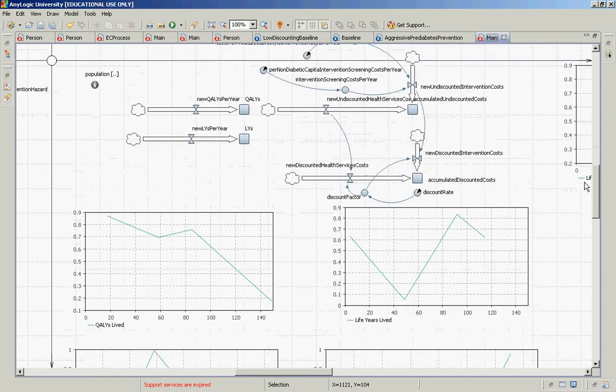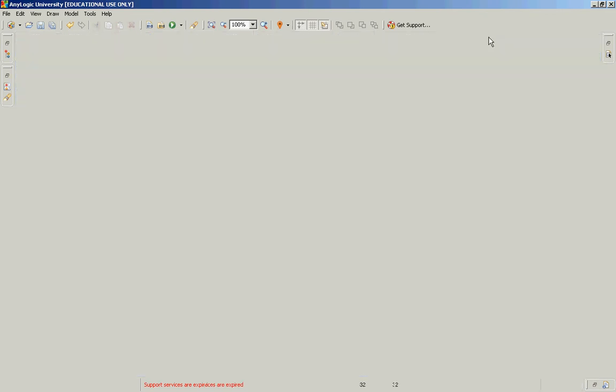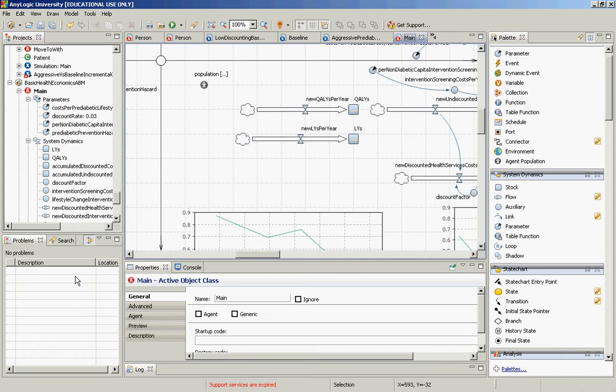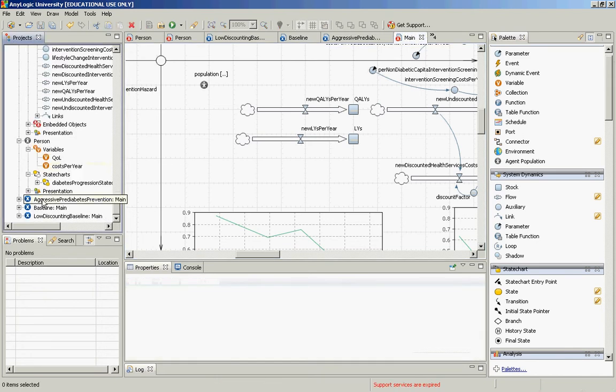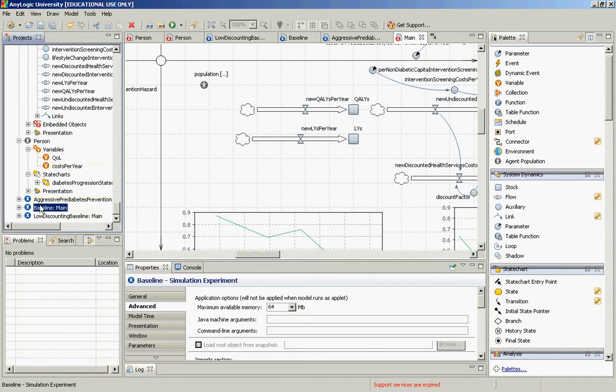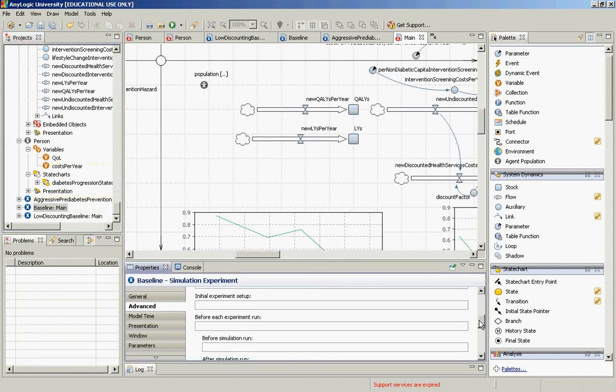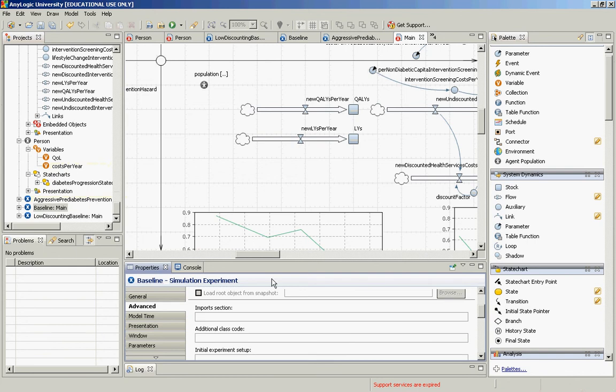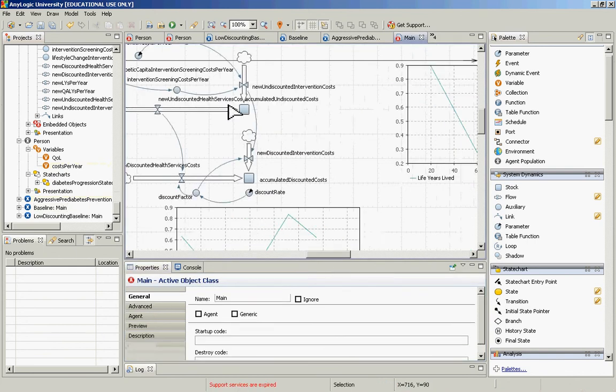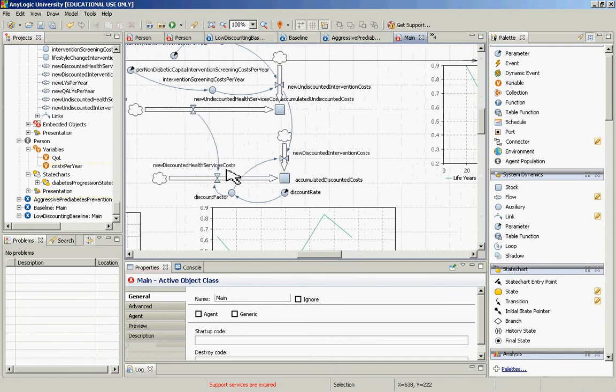So we have this model which computed quality adjusted life years lived, cumulative undiscounted costs, and cumulative discounted costs for given scenarios. And we could run this model with several scenarios, for example, a baseline scenario. I should have mentioned that within these costs, we considered two types of costs: costs borne through the provision of health services,